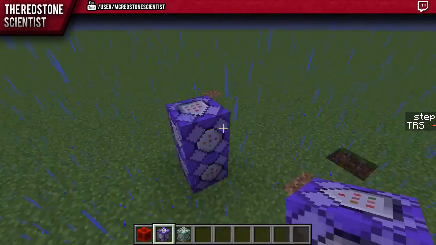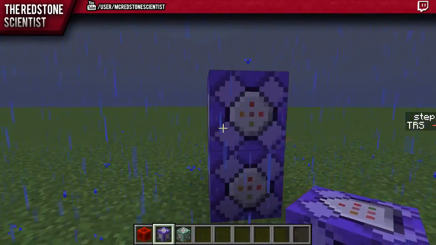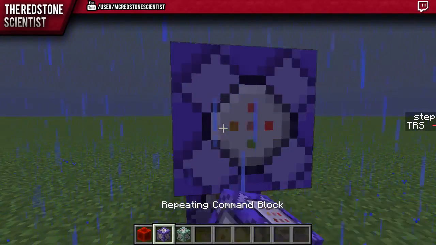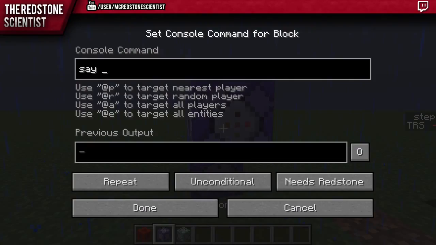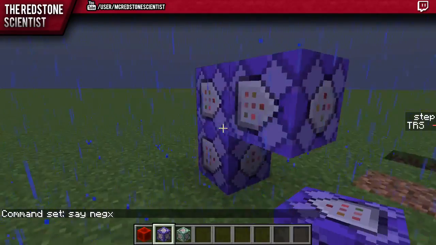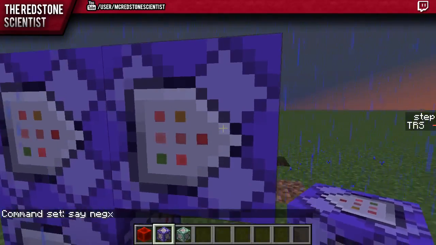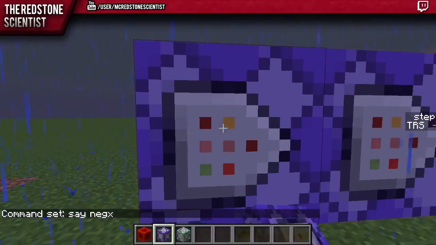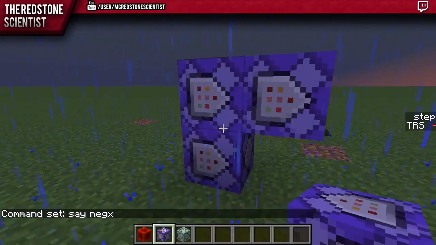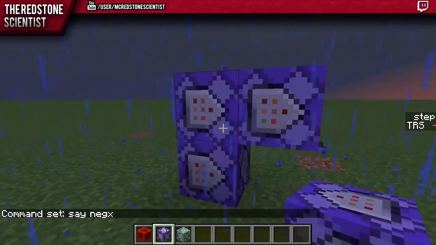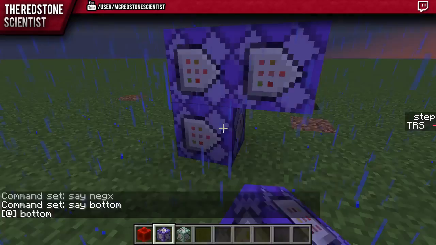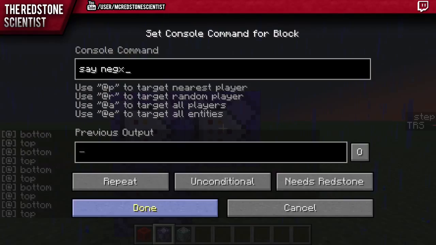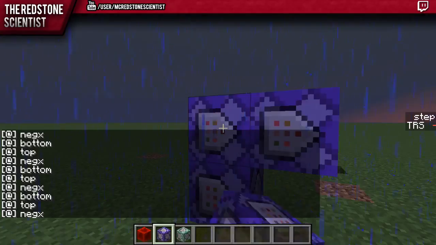But now, let's also add another repeating command block, and this is going to say neg X. Normally, this would execute first if we were in 1.8. But because of the order in which I placed these things, always active, always active, always active,